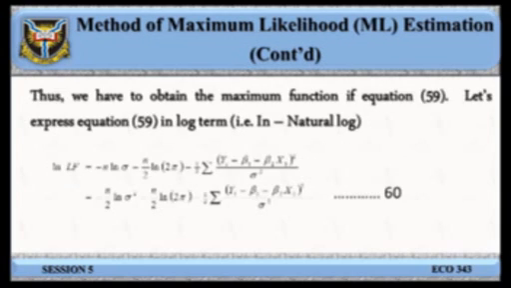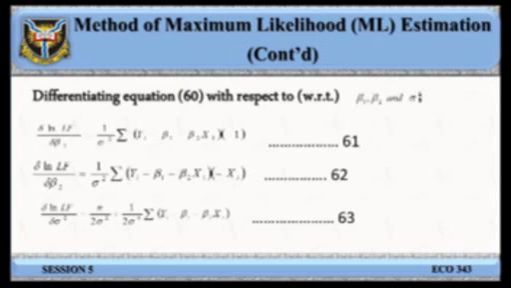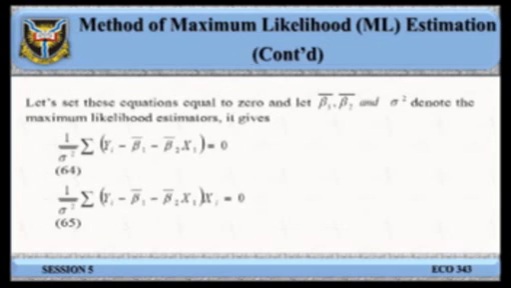Thus, we have to obtain the maximum of the function in equation 59. Let's express equation 59 in log terms, that is, in natural log, as written below. Differentiating equation 60 with respect to beta 1, beta 2, and variance will obtain the formula below. Let's set these equations equal to 0 and let beta 1 mean, beta 2 mean, and variance denote the maximum